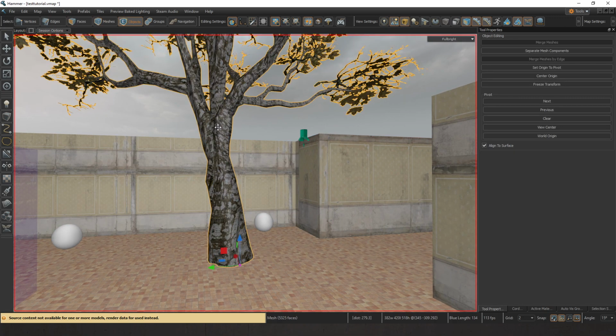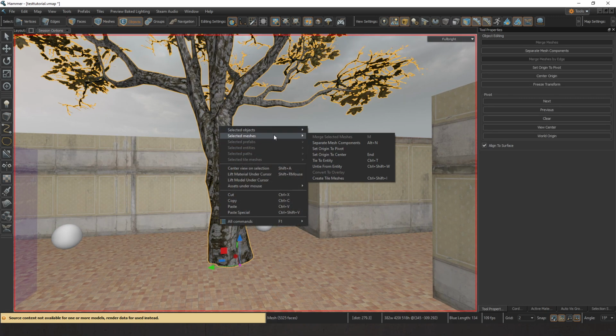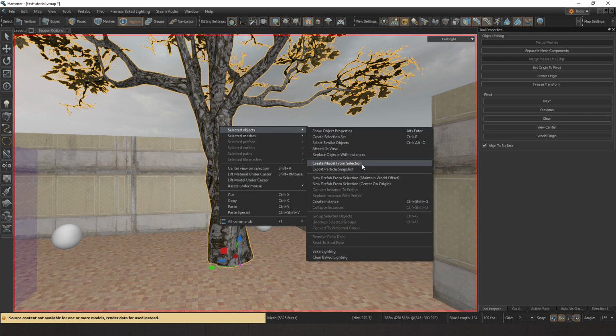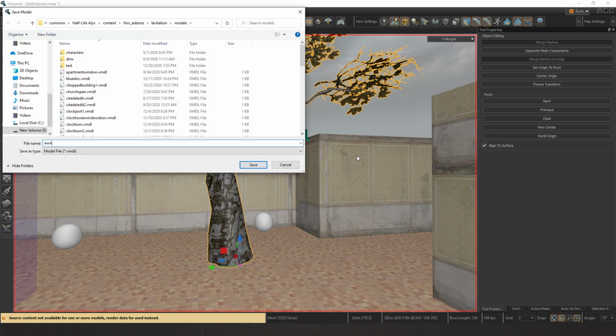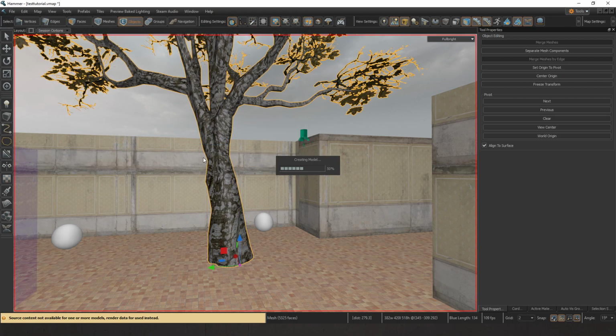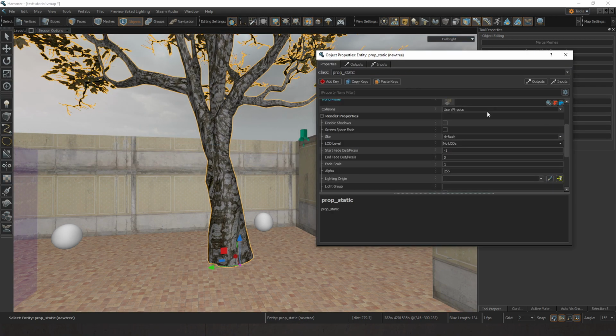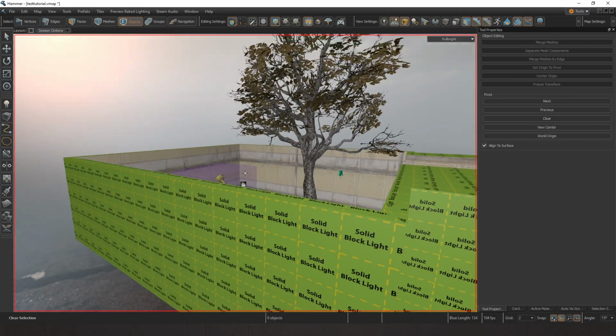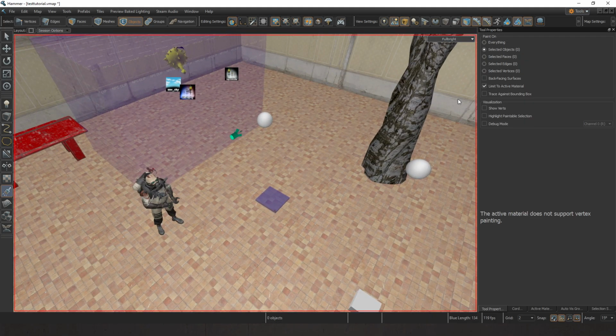Boom. Now I'm going to select this mesh, create model from selection, new tree, right? So now it's a new tree, and now it's a new prop called new tree. That's one of the fun things you can do with Source 2. Let's go over